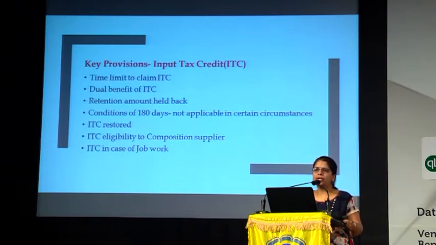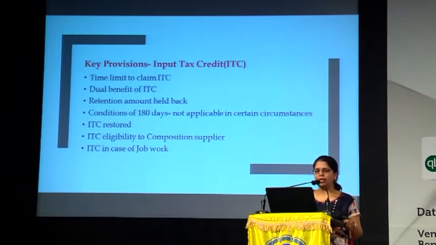Now the only benefit we can look into is, as we have already claimed the credit from April to September, which includes credit pertaining to the previous year and also credit pertaining to the current year, we can draw some privilege saying that yes, some credit can pertain to the previous year also. Though that is not there in the law, it is something we can see if you have already taken it in the books of accounts, based on that assumption. Yes, that is only an assumption I am saying. Otherwise, we have to see it as per the books of law and as per the input tax credit as